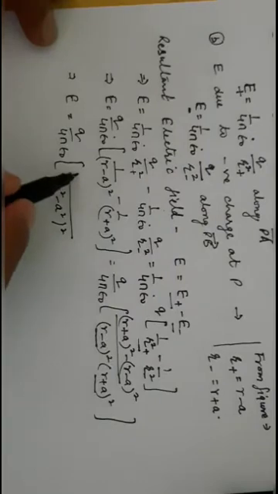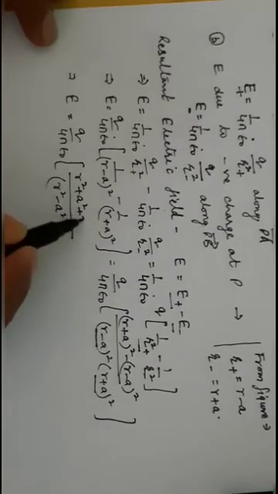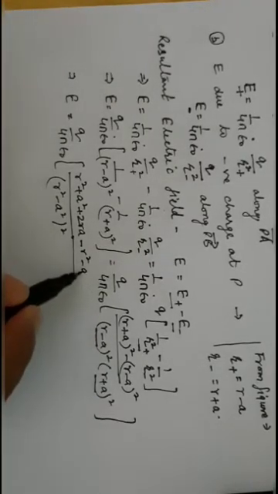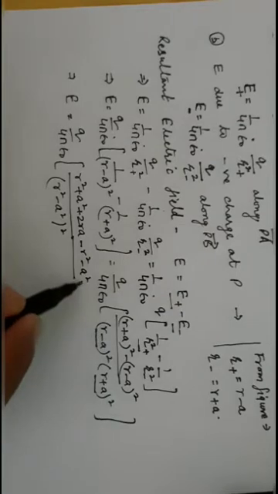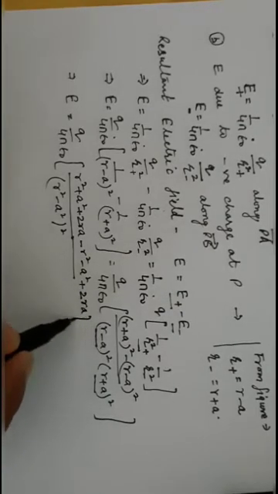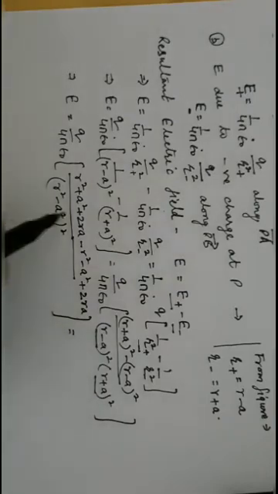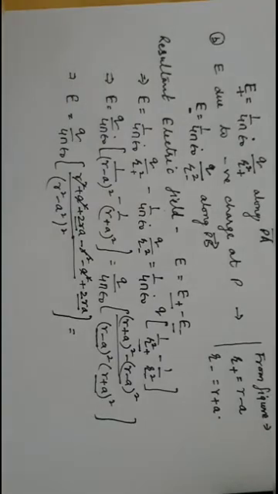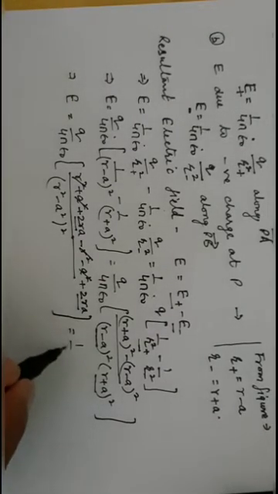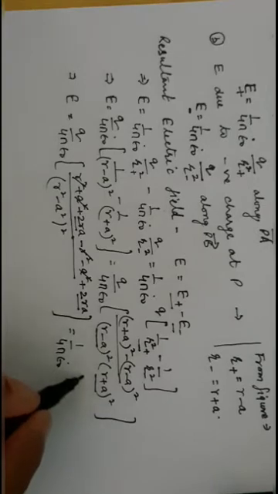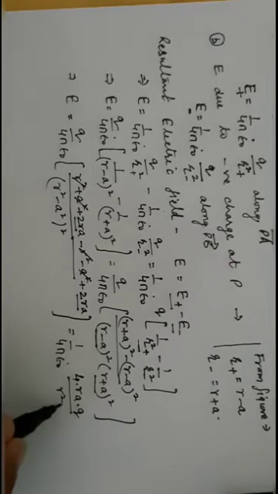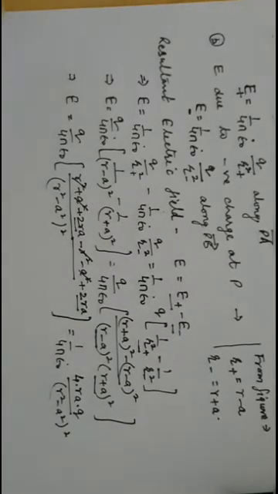Now open this bracket, square: R square A square plus 2RA, minus, now open this one, it becomes R square minus A square. Minus minus becomes plus, so it becomes 2RA. Now if you see here, these two factors get cancelled out, and it is 2RA and this 2RA. It becomes 4RA. So 1 upon 4 pi epsilon naught, it becomes 4RA into Q divided by R square minus A square whole square. So this is your electric field on the axial line.